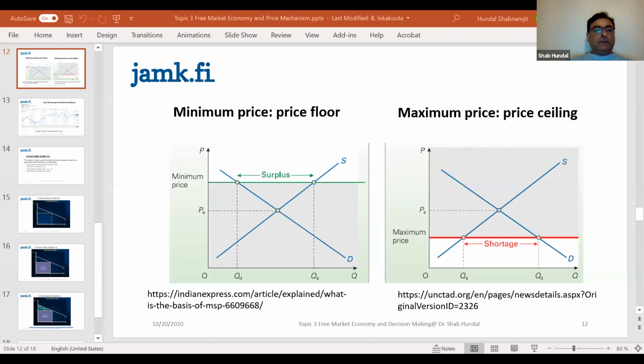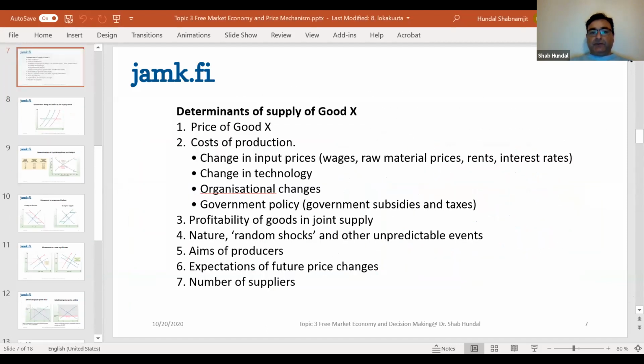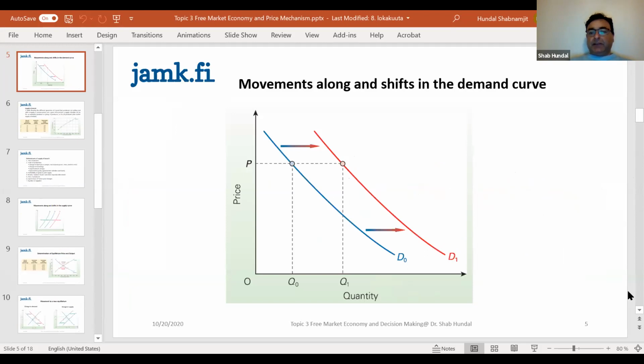So I hope you still remember this picture. This is the backbone of the modern day market system, and the idea was that you should be familiar with the demand curve and the supply curve. And you must remember that they are not static concepts. They are very dynamic, and you can see that there can be a change along the demand curve. I hope you can see the cursor moving. And whenever there is a change along the demand curve, it's because of the price change, and all the